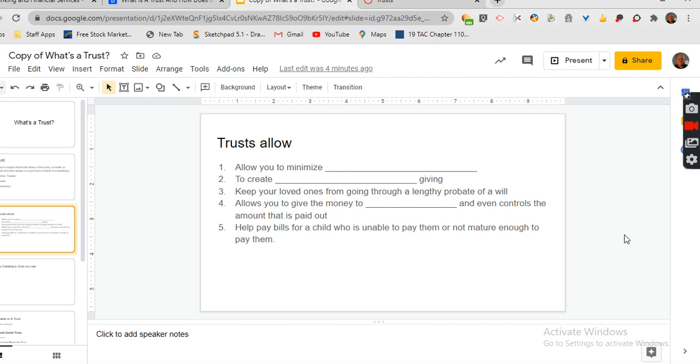So that is to minimize tax. The second thing, trust allows you to,